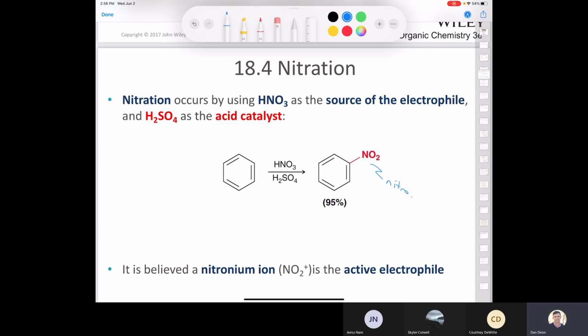But nitration occurs by mixing nitric acid and sulfuric acid. So you actually mix two really strong acids together. I know that this summer the Organic 2 lab is only offered online with Mr. Geiger, but this is an experiment we used to do a lot in the Organic 2 lab when it was